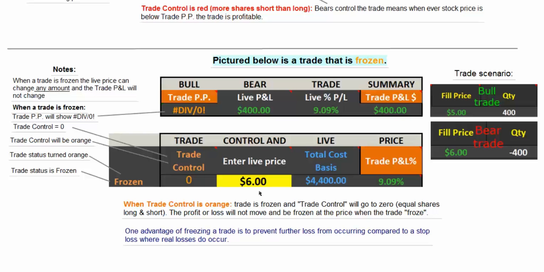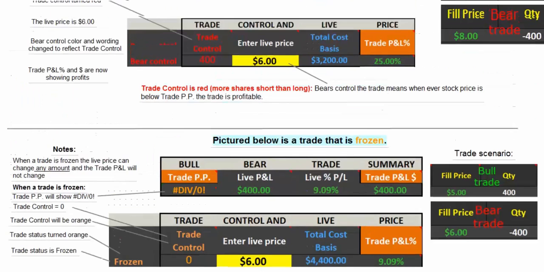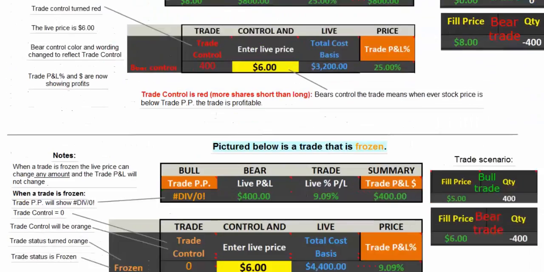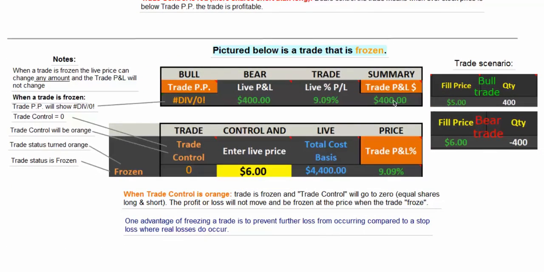If you're in this situation, well, there's not a situation showing a loss here, but if you are in a trade situation where your trade P&L is negative, in other words, you're losing money, just freeze the trade. And if you're in a bear situation, you want to go long 400 shares. If you're in a bull situation going 400, then you're going to want to short 400 shares. And at that price where you make the trade frozen, that's where the existing loss, trade P&L loss, will freeze. That's a real important feature, so you don't have to literally take a loss, and you prevent any further loss